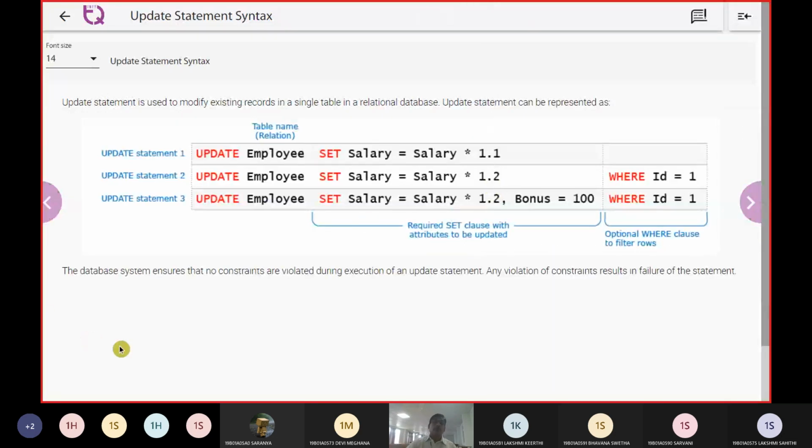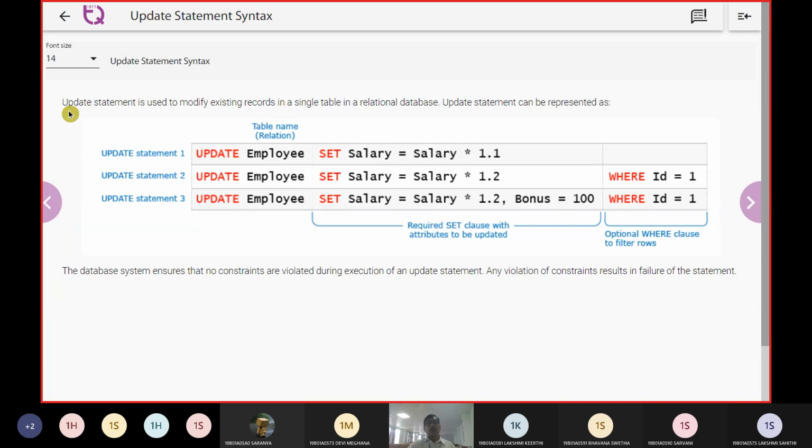So we have a table, the schema is already defined. Now that schema has to be redefined, has to be restructured. So at that point of time, we need to have the update. So update can be applied directly to a table, or it can be taken up with some condition to a specific content, or it can be applied to a specific column. So there are multiple ways of using the update statement.